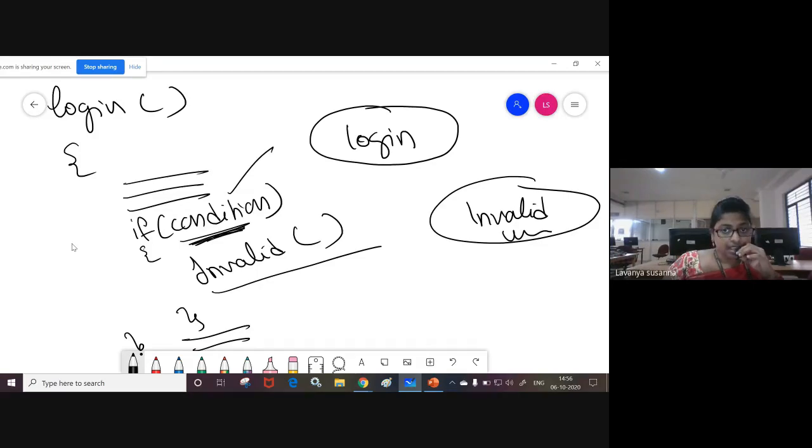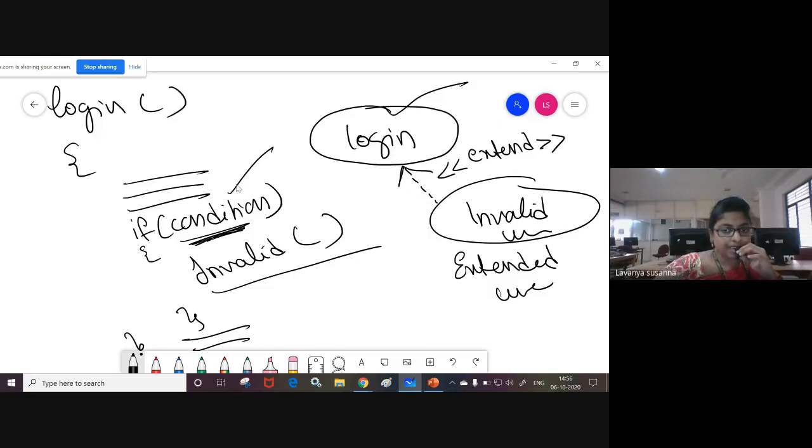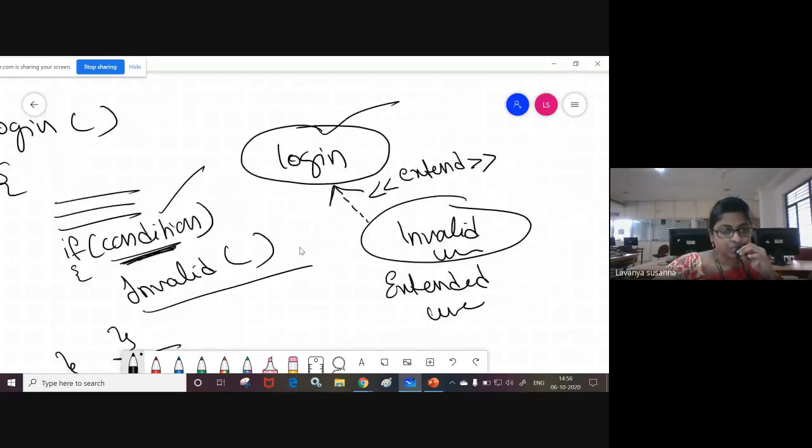That means it is an extend. See the arrow mark. Login is the base use case and the invalid use case is the extended use case. What is the relationship between them? Extend. In this way, you are going to identify the use cases and their relationships from implementation, from code.